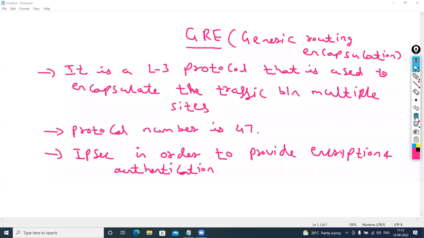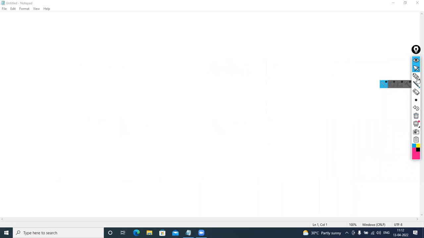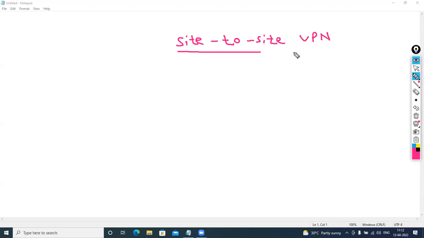So this we all discussed yesterday. Then we discussed about site-to-site VPN as well. So now we'll see the disadvantage of site-to-site VPN. So why we moved on to DMVPN. So if we talk about site-to-site VPN,